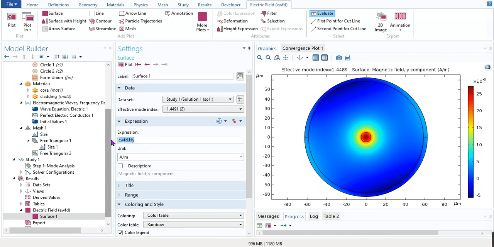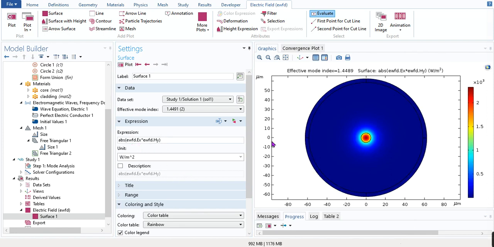So you can calculate this Poynting vector profile by absolute of Ex cross Hy. So you can write here Ex and this is Hy, and you can take the vector product. If you take Ex cross Hy absolute, you will get the Poynting vector profile in watt per meter square, and you can see here it is inside your core region.